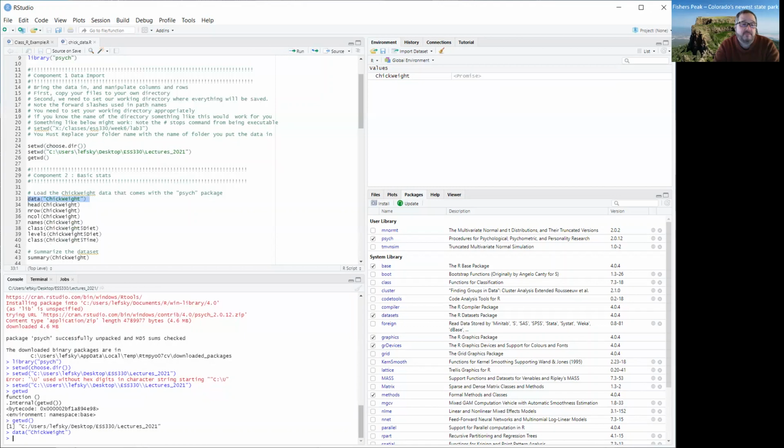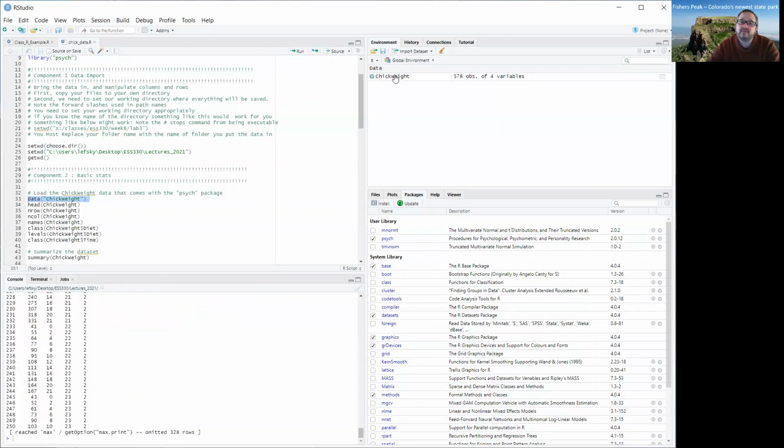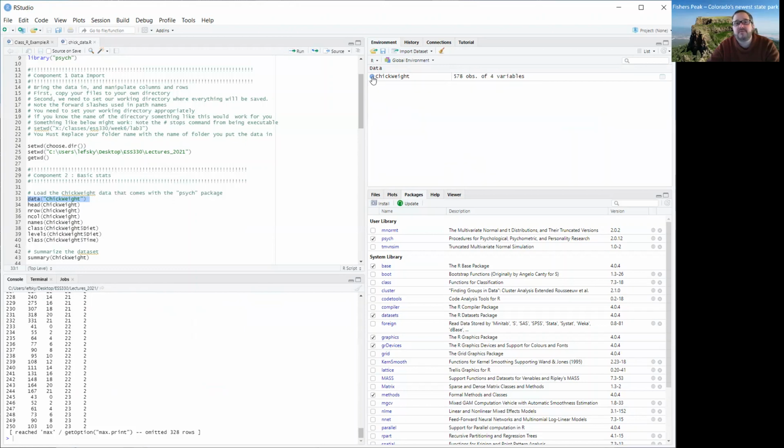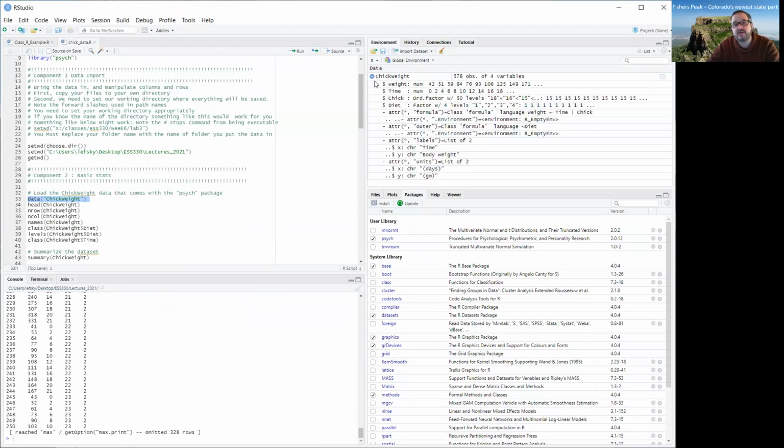And I just did that, and as a consequence, this has appeared up in the environment. Our data, we have the variable chickweight, 578 observations of 4 variables. We can get more information either by clicking this little triangle, having things come down,